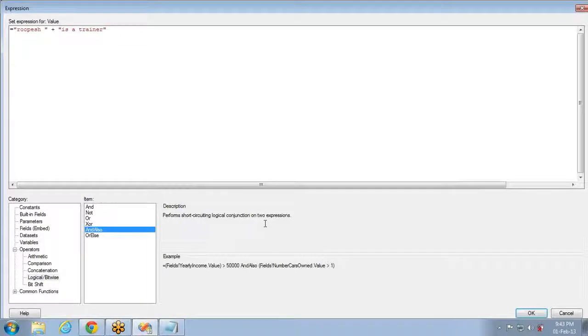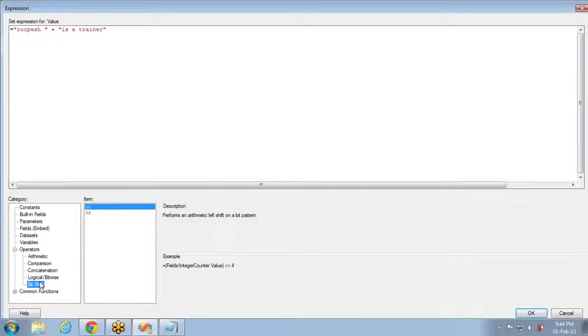I have never tried this, so I'll get back to you on this. This looks like an AND operator, but I've never tried it. These two are new to me. Let me check this and get back to you.